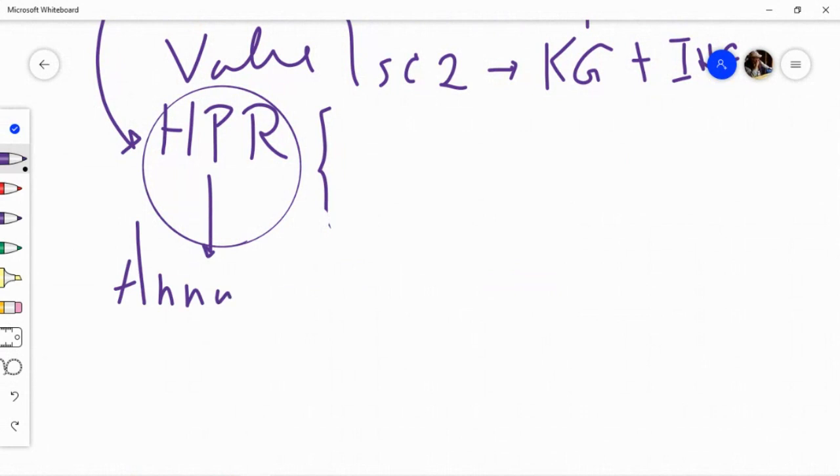We had to annualize it, right? And because there are two scenarios, scenario 1 and scenario 2, holding period return will also be different in scenario 1 and scenario 2, right? Because in scenario 1, there will be only capital gains. So holding period return in scenario 1 will be,